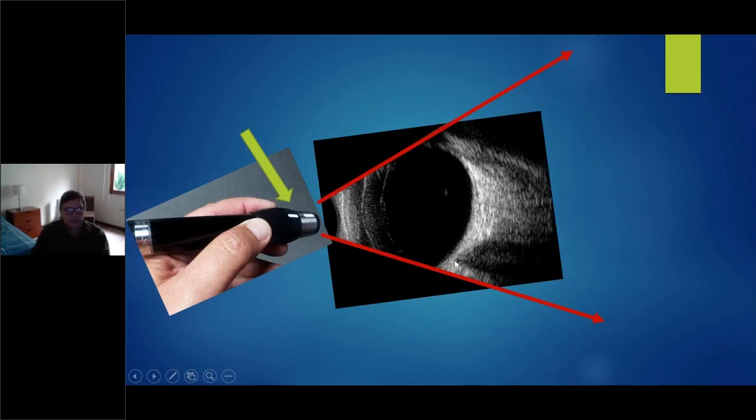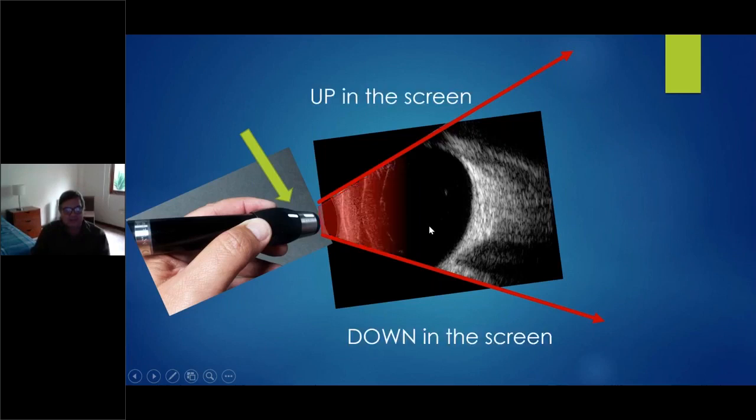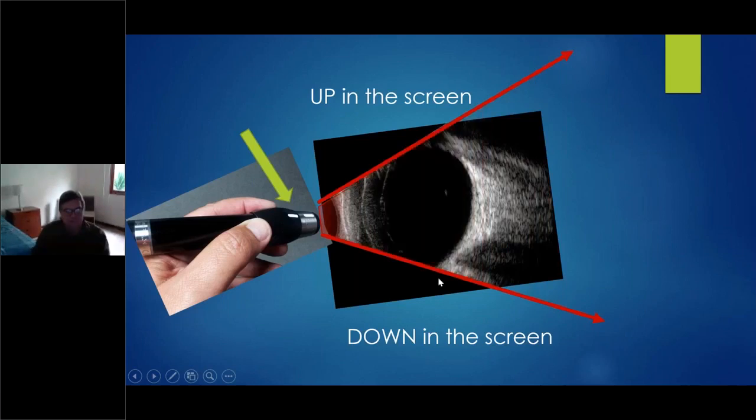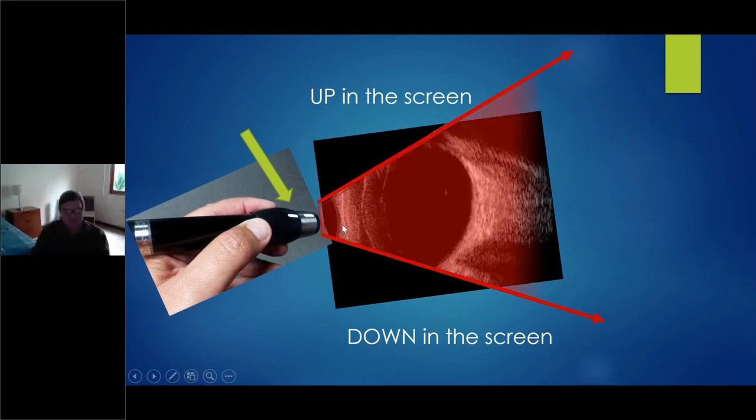That means it doesn't matter what the position of the eye is, but if you are pointing to the superior part, the mark will be up, because the ultrasound beam runs in this direction, up in the screen, down in the screen. If you change it, you can see the inferior part, but if you turn your probe to the inferior part